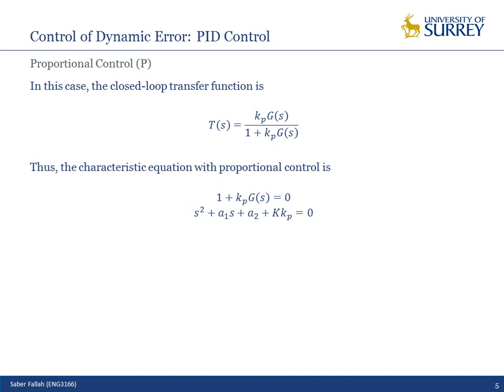Correct? Is that clear to you? So I will have K Kp over s squared plus A1 s plus A2. With the common denominator, I have s squared plus A1 s plus A2 plus K Kp over s squared plus A1 s plus A2. This will be cancelled out with this one. So I have K Kp over s